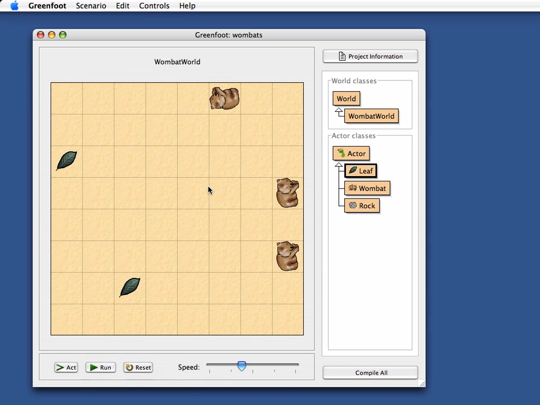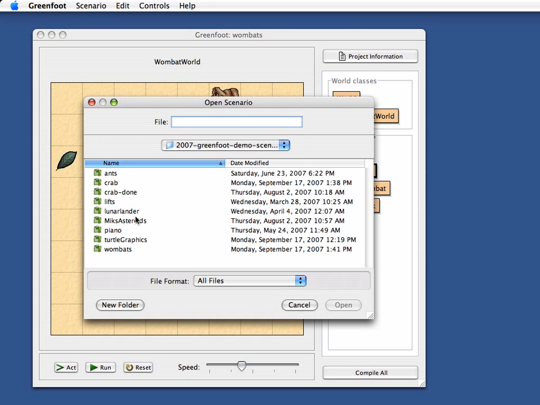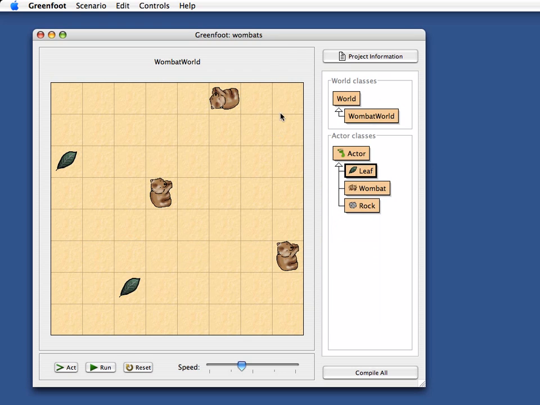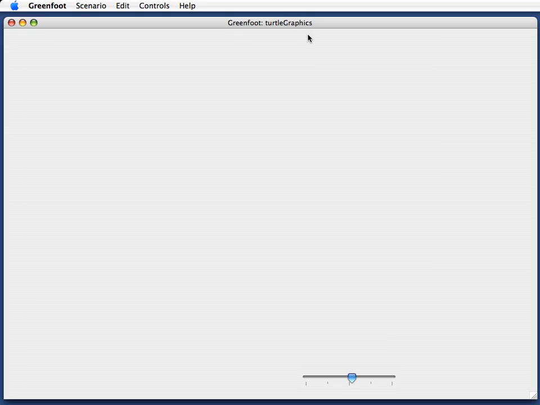The resolution of the world is variable. So here I've got a fairly low resolution, which means very large cells. The world is always a grid of cells, and here you see that the cells are fairly large and each object is in a cell. But that is variable, so I can show you another example, Turtle Graphics, for example, where I have a higher resolution